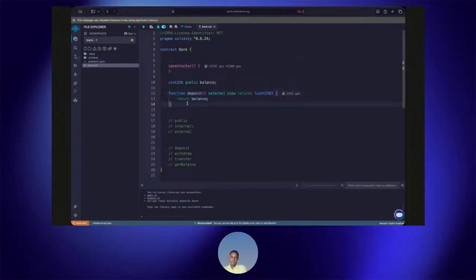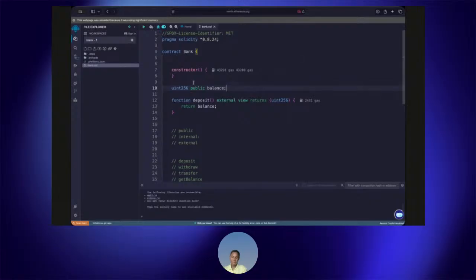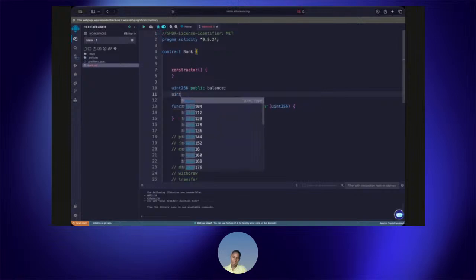Okay, so this is the basics for function declaration, and I will just dive into the types we have. So we have uint256, we also have uint. So if you start writing, you can see the types you have. So you can specify the ones you have. Is it uint80, uint96, 64, and all of this. So we are using uint256 because a user's balance can be a lot more. So that's why we are using uint256 for the balance.